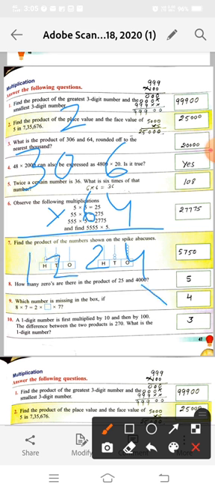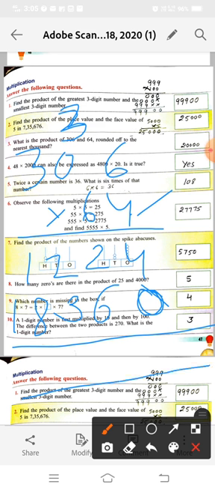Okay, now this number is done, so we will put here 0 for it. Okay, and now start from here: 6 6s are 36 and carry over is 3. Now 6 0s are 0, but 3 is carry over, so we will write here 3. Now 6 3s are 18. Okay, now add both the numbers.